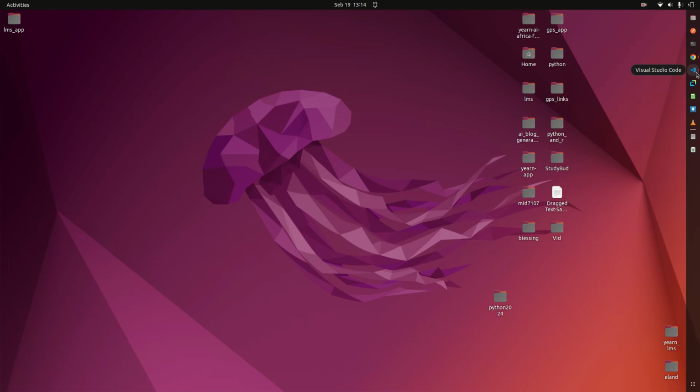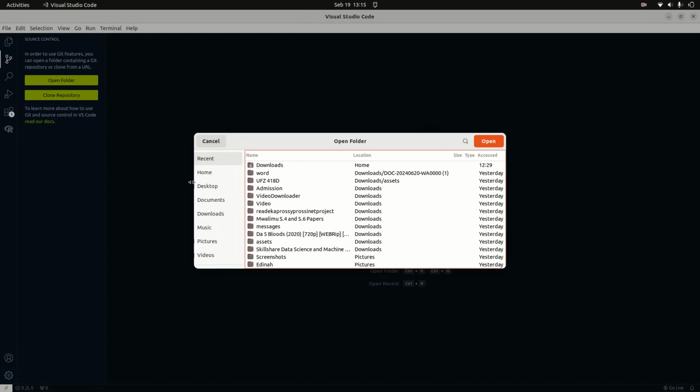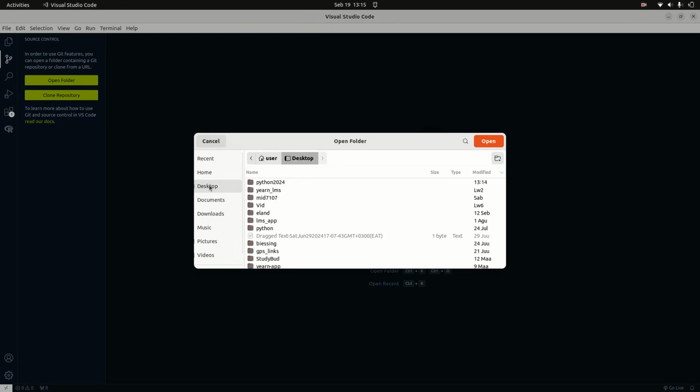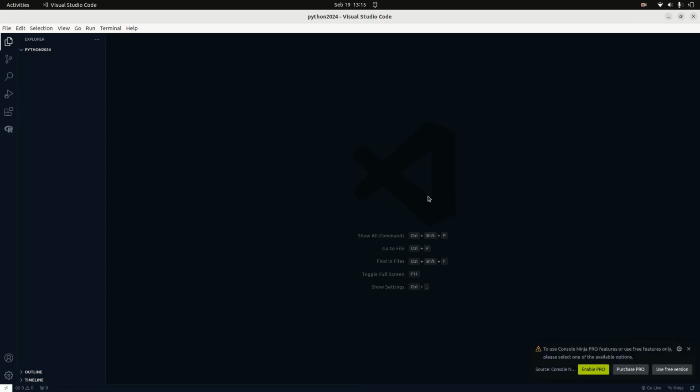Now we'll come back to this folder we have created. Python 2024 is the one I'm going to open. So we'll come to File, Open Folder, click on it, go to Desktop. Since I've created it on the desktop, my folder Python 2024, I'll click on it and then choose Open. So here now you can see the name of my folder, where I can have all my files and other subfolders